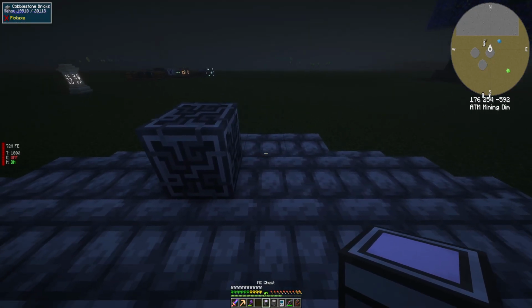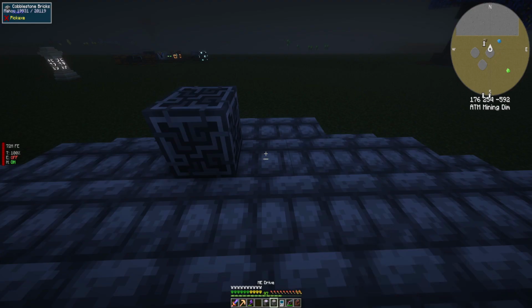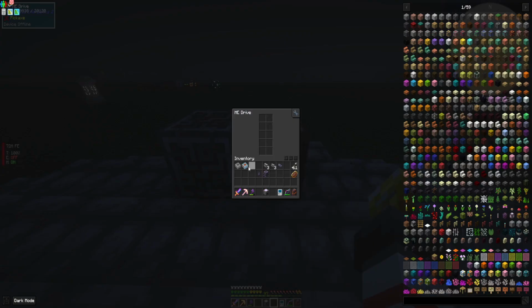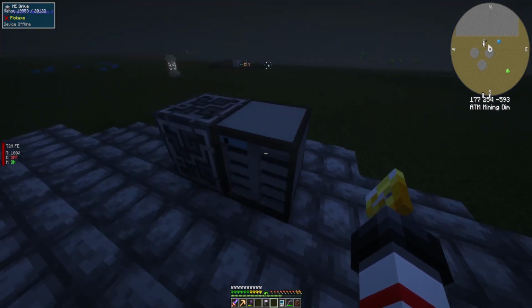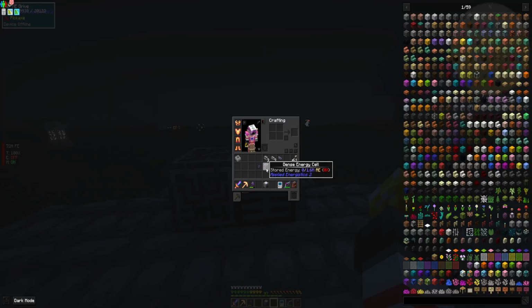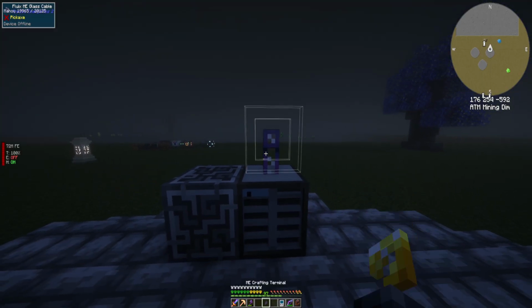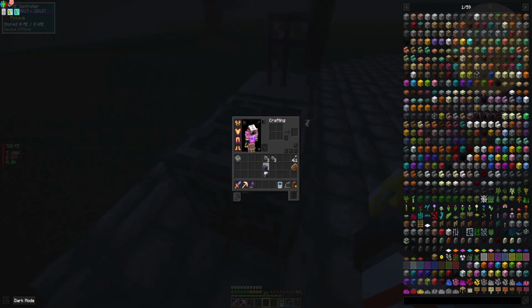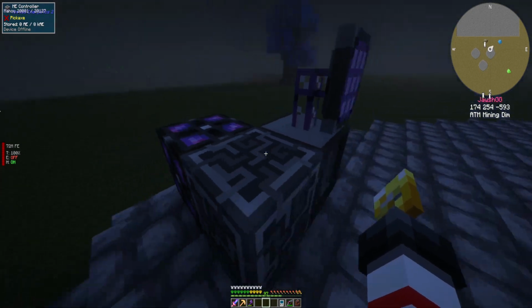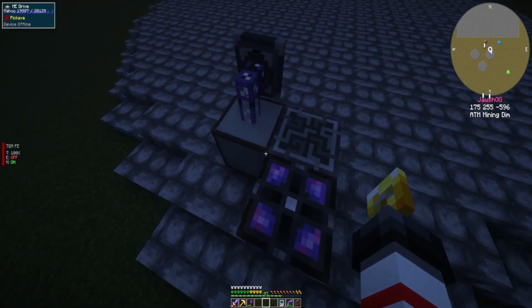But the next thing I'm going to do here is drop down the ME drive, and then I'm going to throw in my 1K item storage. And then what that's going to do is allow me to maintain some type of storage capability in here. We're going to grab this, and then this right here will allow us to be able to see what is inside of our storage capabilities. So now, what I do from here is plop down the basic energy cell, or the dense energy cell, and I'm going to connect with